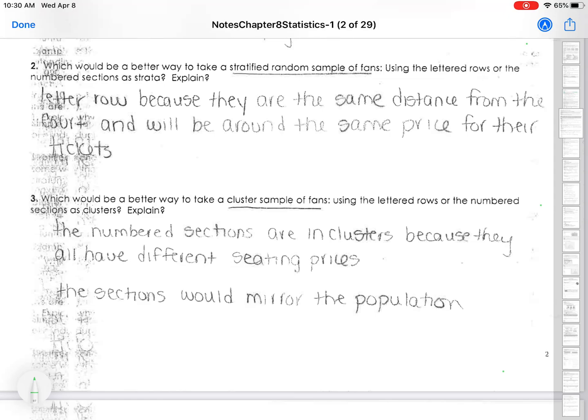Number 3, what would be a better way to take a cluster sample of the fans, using the letter rows or the numbered sections as clusters? So in this case, the numbered sections are the clusters because they all have different seating prices, and therefore the section